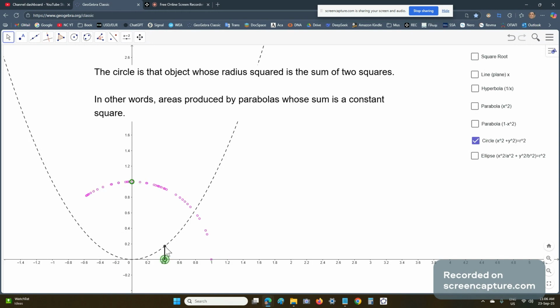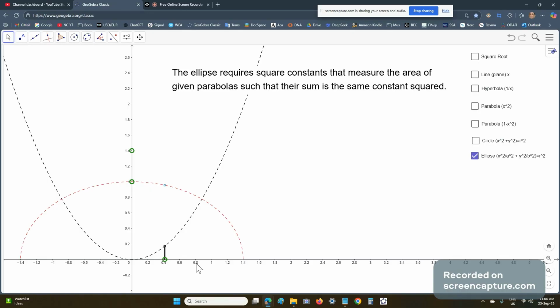And finally, we have the ellipse. Now, the ellipse requires square constants that measure the area of given parabolas, such that their sum is the same constant squared, right? So in other words, we have two parabolas, but they're measured by this a squared and b squared, and their sum is always the same constant squared. So in other words, this ellipse has eccentricity. And if it didn't have eccentricity, it would have this radius, okay? So that is a